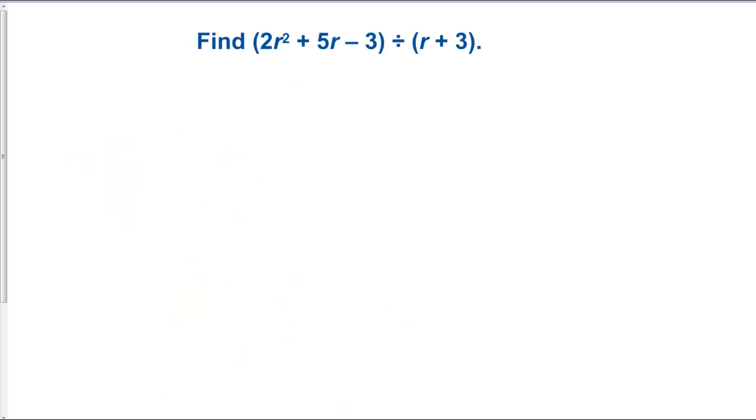So what we're going to do next is take a trinomial and divide it by a binomial. In this case, splitting it up into three separate fractions is not going to help. What we're going to need to do is try to reduce the r plus 3. And the only way we can reduce the r plus 3 in a fraction is if we have a common factor in our numerator. But looking at this trinomial, I don't know what it factors into, so I'm going to